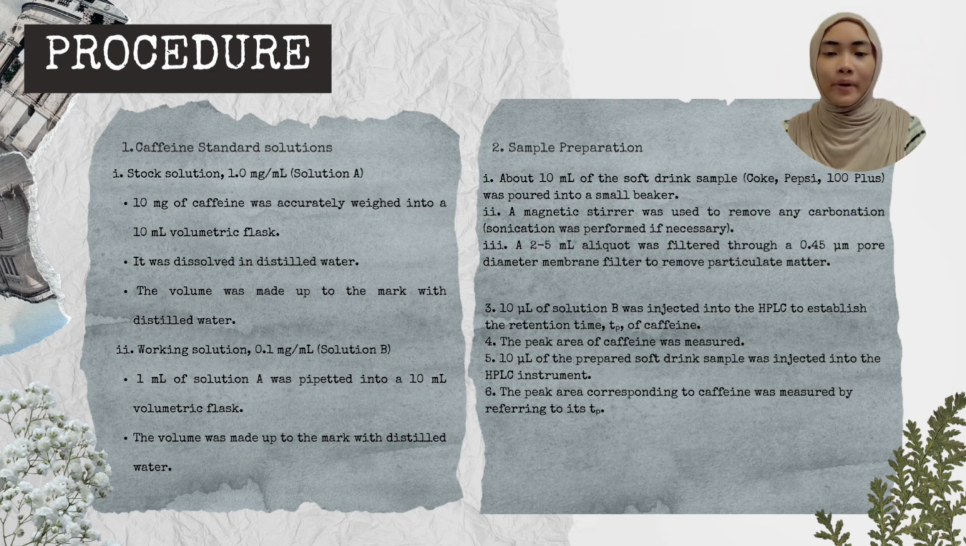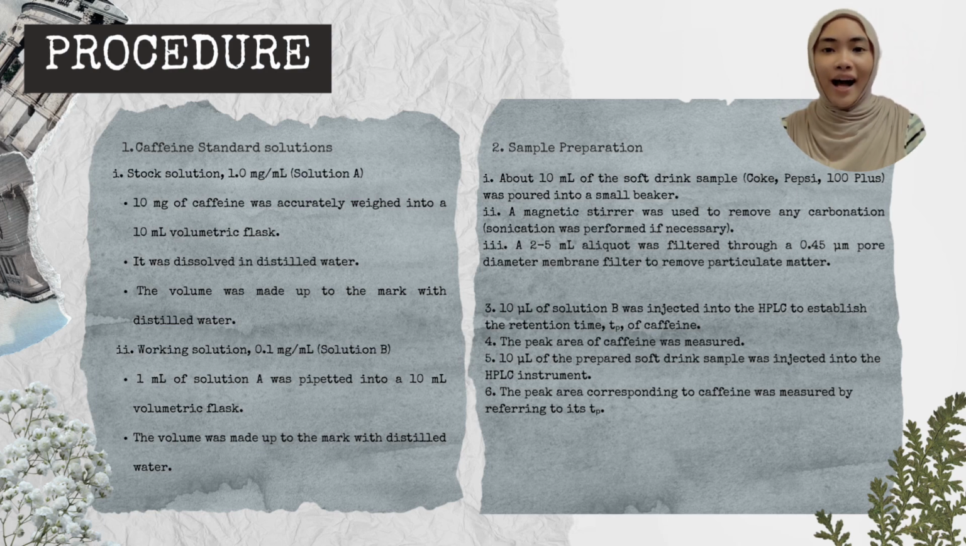Next, for sample preparation, first, about 10 ml of the soft drink sample, which is Coke, Pepsi or 100 plus, was poured into a small beaker. Second, a magnetic stirrer was used to remove any carbonation, or sonication was performed if necessary. And third, a 2 to 5 ml aliquot was filtered through a 0.45 micrometer pore diameter membrane filter to remove